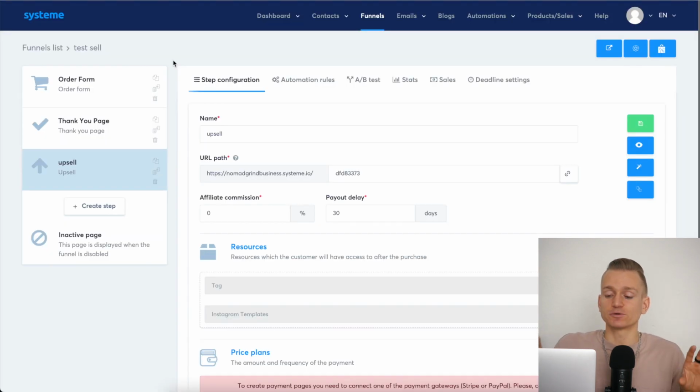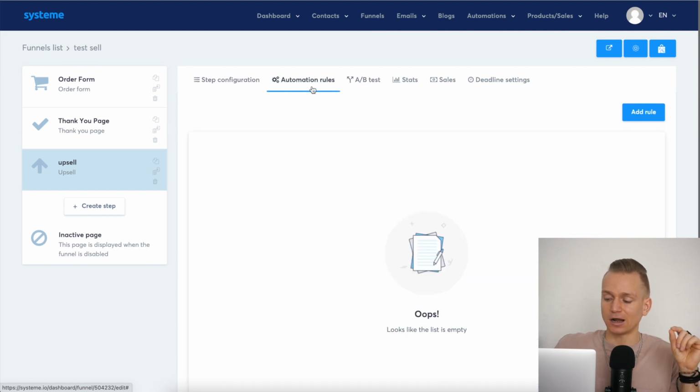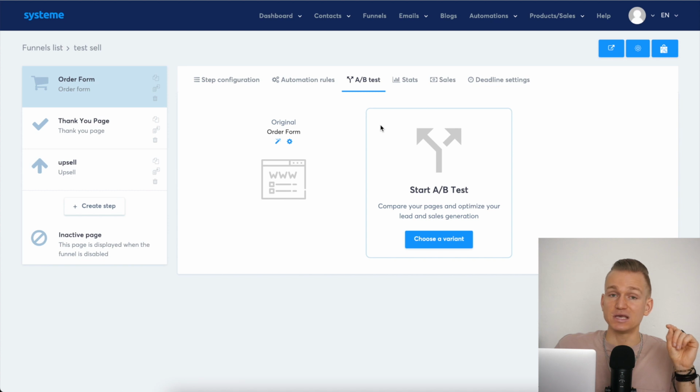And another thing that's super, super important is that you can build out your sales funnel. If you don't know what it means, that's taking different steps within your whole sales process. And the cool thing here, as I mentioned, is you can set up all of the different automation rules, but what's even more cool is you can do A/B testing. So for example, let's say for your course, or even before the course, you have an opt-in page where you give out a freebie and someone signs up for your list, or your sales page for the actual course.